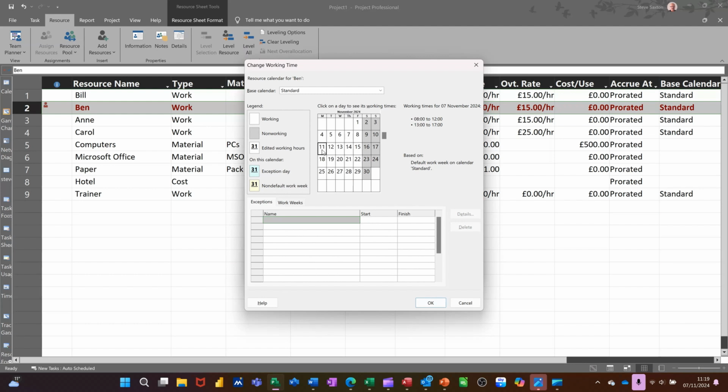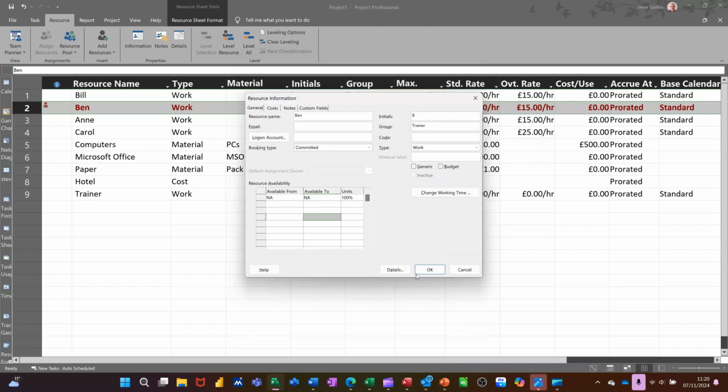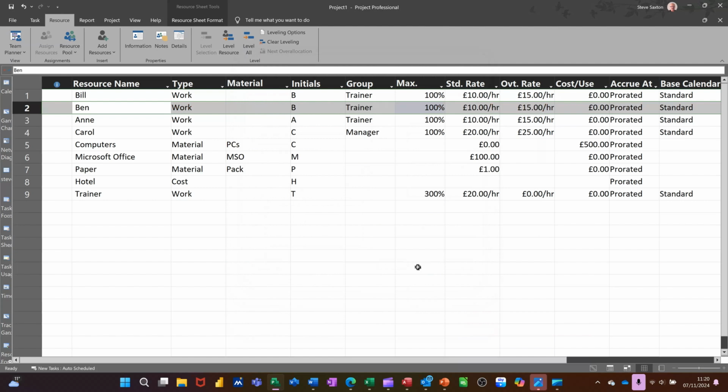So let's say I'll just put that down as holiday, and then it can be from today. What is today's date? It's the 7th, and to the 11th. That'll do. Okay. All right. So if we go back to the Gantt chart,